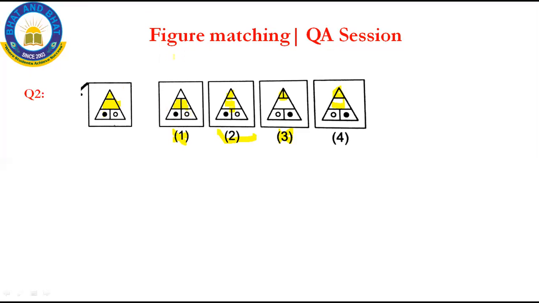Now you will be having confusion between option 2 and option 4, isn't it? You people have a doubt between option 2 and option 4. Why is option 2 the correct answer? Because look here in the question figure, a small triangle and it consists of some parallelogram, and the right side is shaded and the left side is unshaded. Coming to option 2, it looks the same as the problem figure, but in option 4 it is vice versa. The left side is unshaded and the right side is shaded.